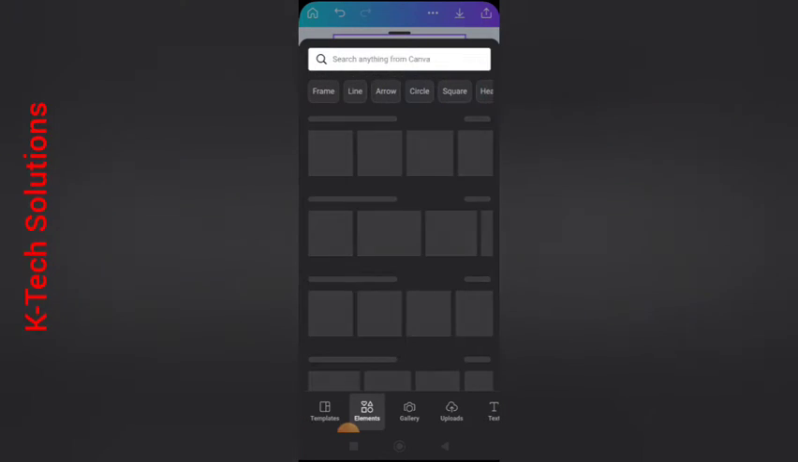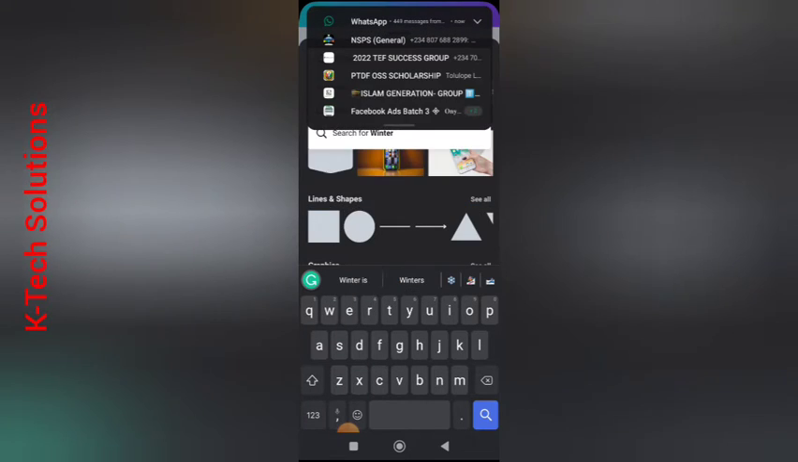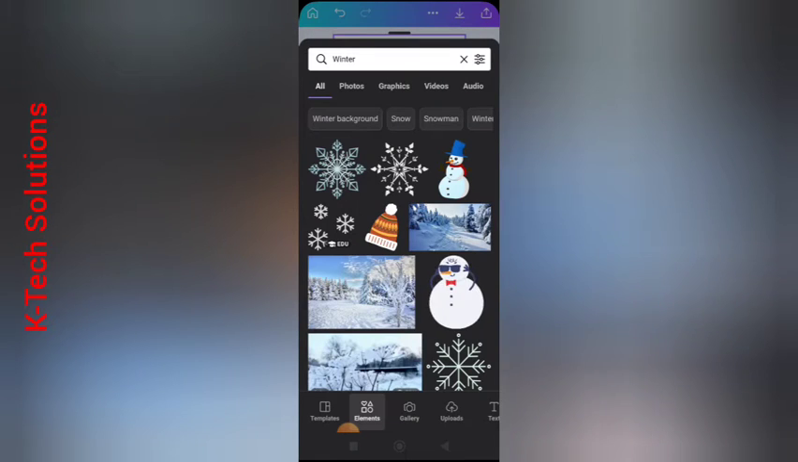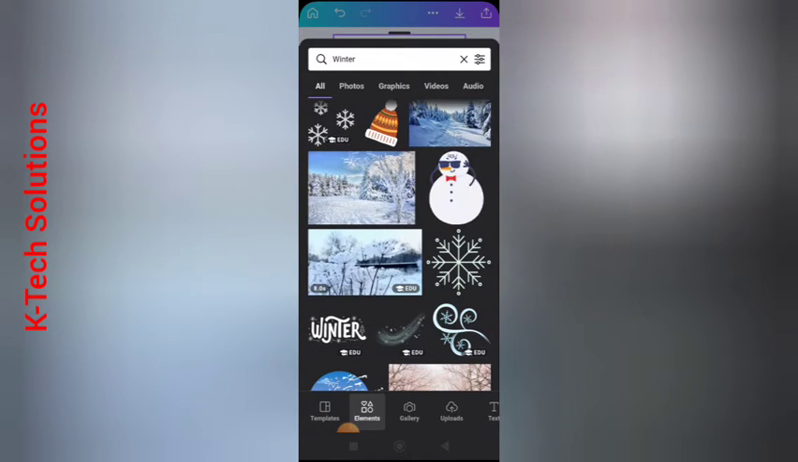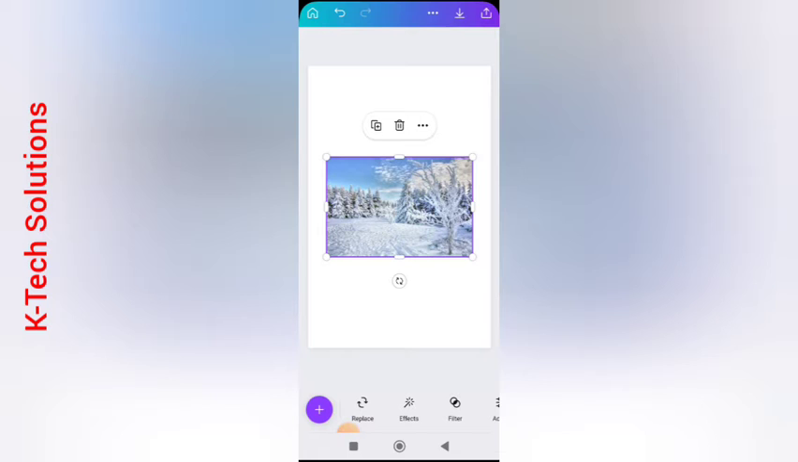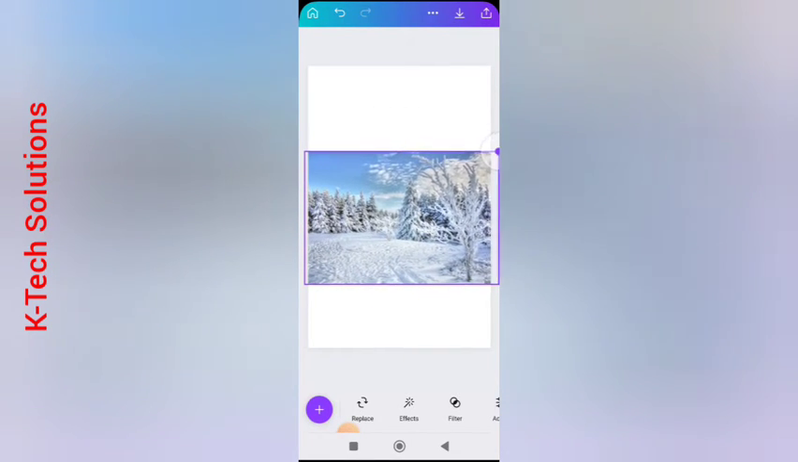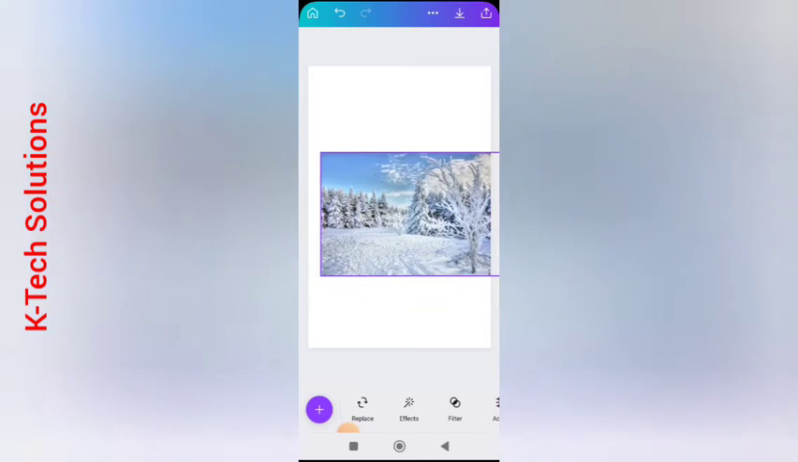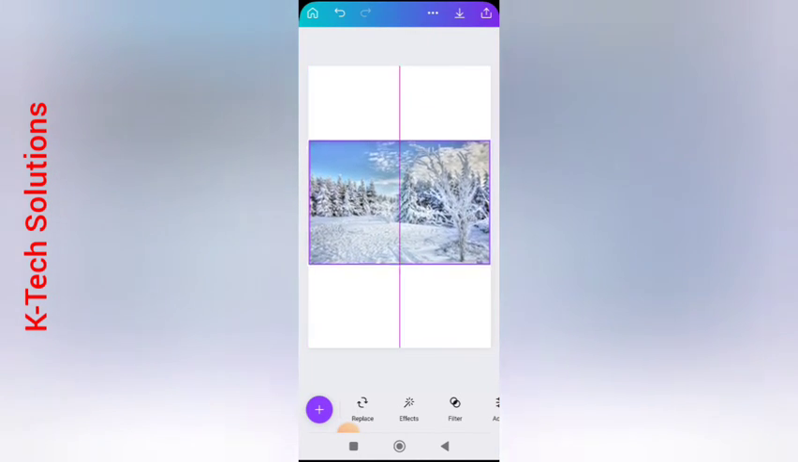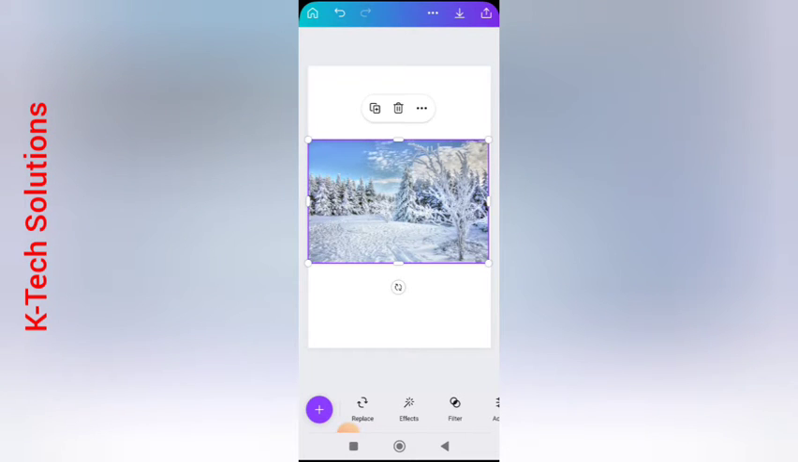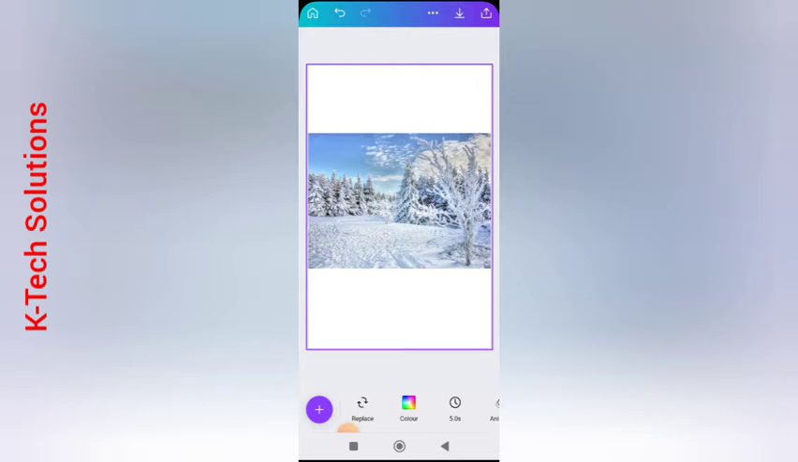winter, anything that has to do with winter, I can just search under elements winter and then search. So after searching for winter, I can take whatever looks like winter to me. I can add this and I can zoom it to make it reach the end. So I can put it at the middle, just to be sure that everything is at the middle. So now I can leave it like this, or I can